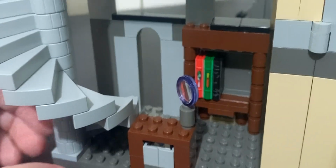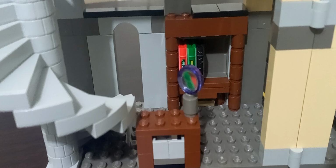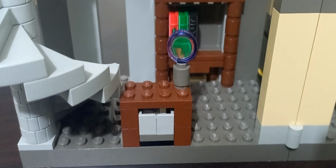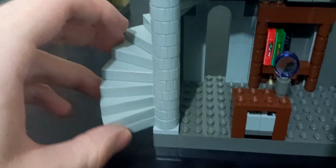And we see here, we've got the library. Let me just put this little turret back on. And we actually got more of these. You can put maybe more owls there. I don't know. I haven't tried it, and I don't remember if other people do, but regardless, I guess it's an option. We have this magnifying glass in purple, which is really cool. And it actually works, because you can see it's zooming in on the bookshelf. If I move this staircase out of the way,